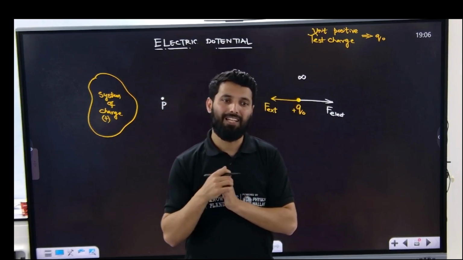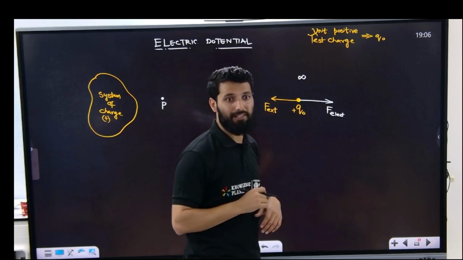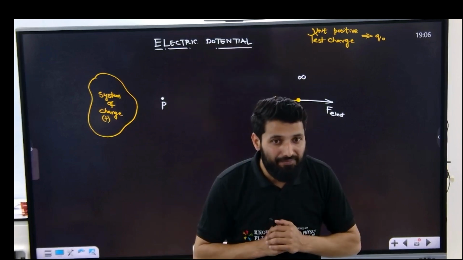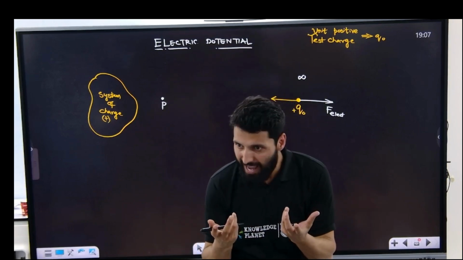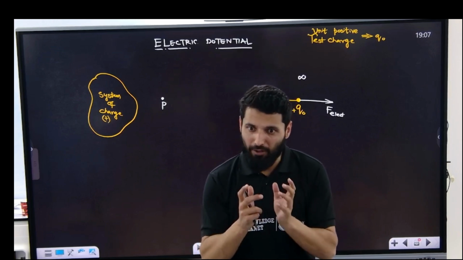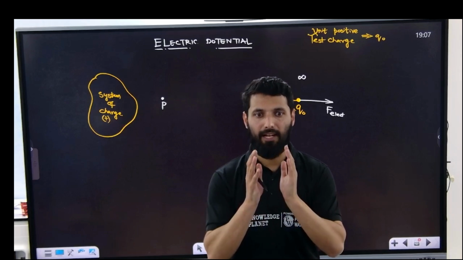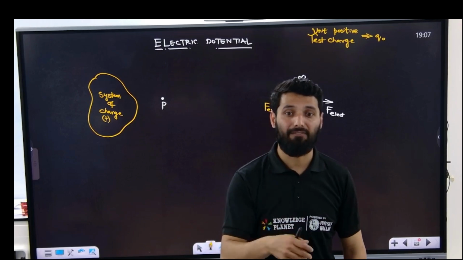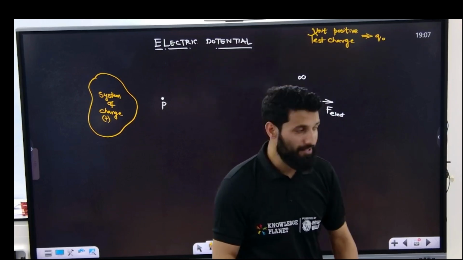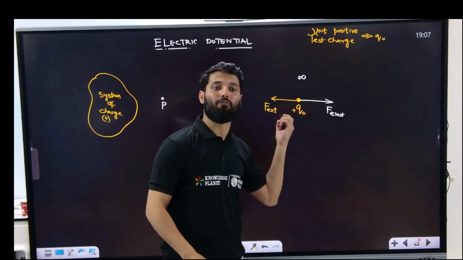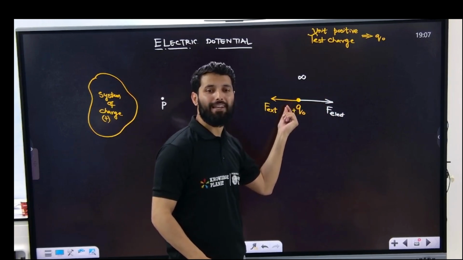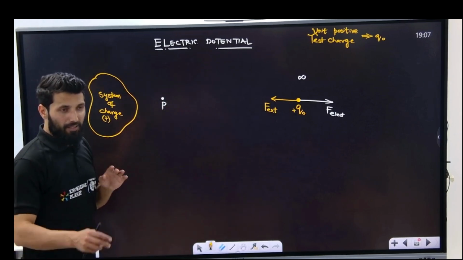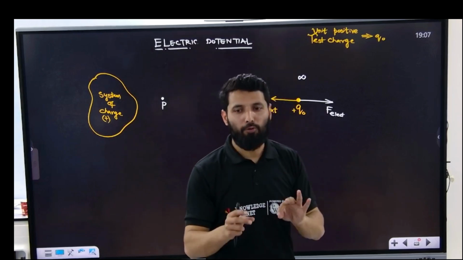But then there's one problem. This body will start to accelerate. Why will it start to accelerate? Because whenever there is a net force, the body starts to accelerate. Yes or no? Whenever there is force, there will be acceleration also. But the net force will be 0. If the net force is 0, either the body will stay in static equilibrium or the body will start moving with uniform motion. That way I will move this. Otherwise, acceleration will change its kinetic energy as well. Here, for the definition purpose, whatever electrical force is there, the same amount of force I will apply externally and move it infinitely slowly to point P. This is just a mathematical interpretation. Otherwise, we cannot do it. Practically, we cannot do this thing.